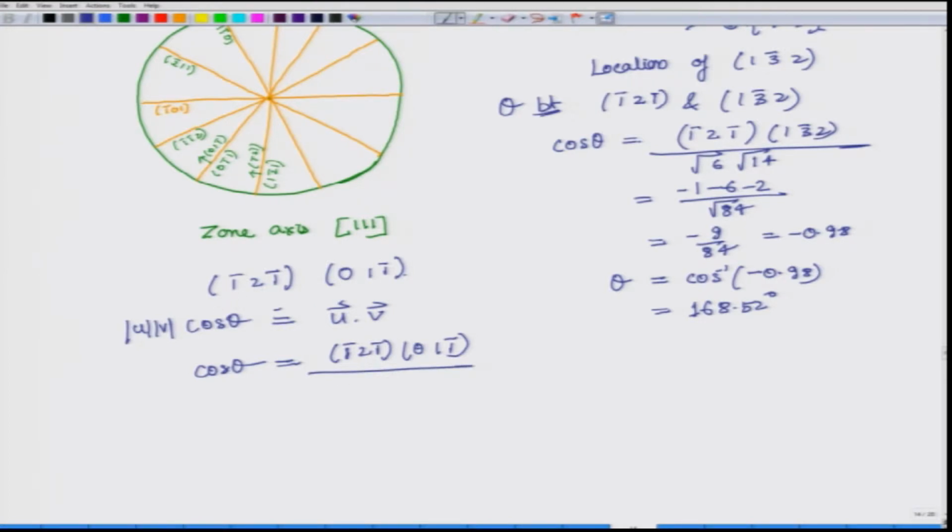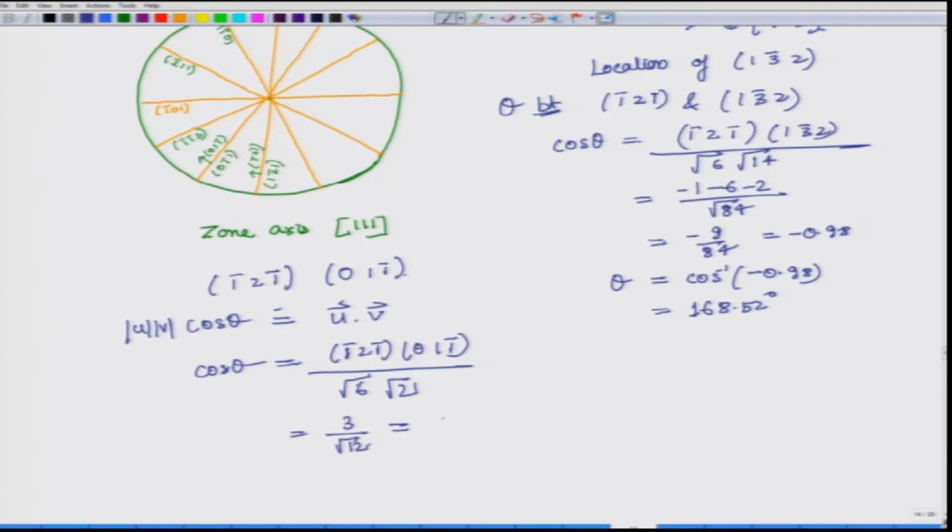So, 1 square plus 2 square plus 1 square is equal to 6, and 1 square plus 1 square is equal to 2, and this dot product will be minus 1 into 0, 0, 2 plus 2 into 1 is 2, and this is plus 1 again. So, 3 by root 12,